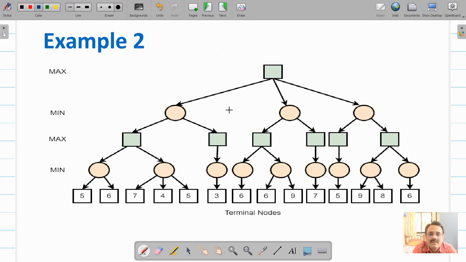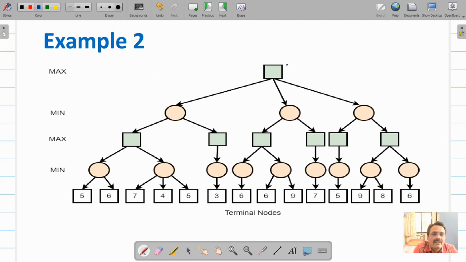Consider a little bit more complex game tree. Let us find out what move this maximizer should make to get maximum benefit by using the alpha beta cutoff algorithm. So let us proceed as we have seen earlier. Initially we will move in depth first manner and assign worst case values of alpha and beta to these nodes.